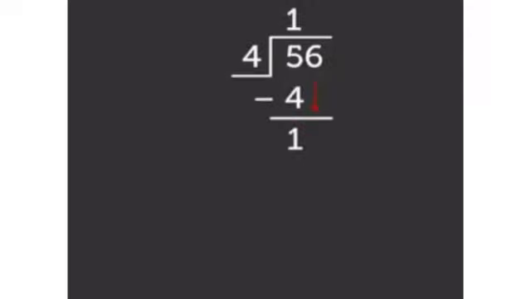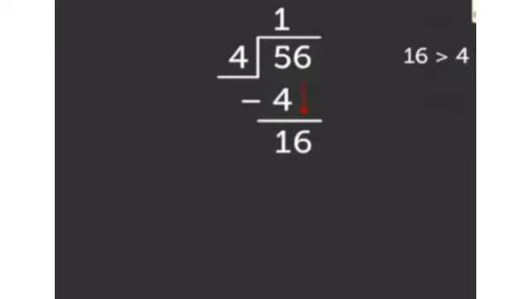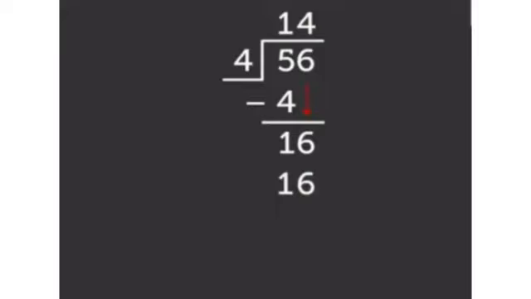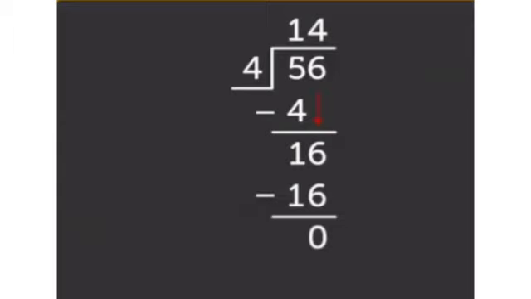Now the next number 6 you bring down and it makes the value 16, and you know 16 is greater than 4. Now read out the table of 4 and check how many times 4 makes 16. So you will get 4 4s are 16. Now 16 minus 16 equal to 0 and your division is complete. And you can see the answer we get is 14 friends who got cookies.